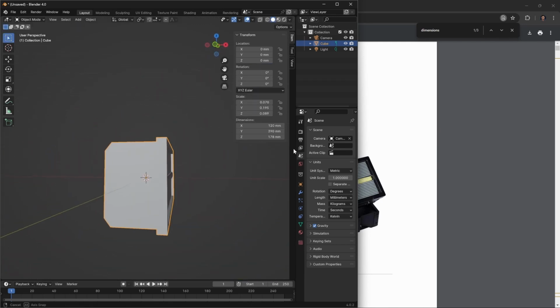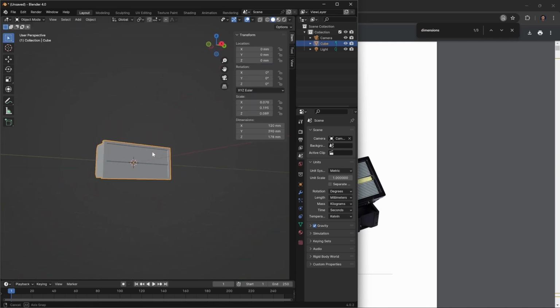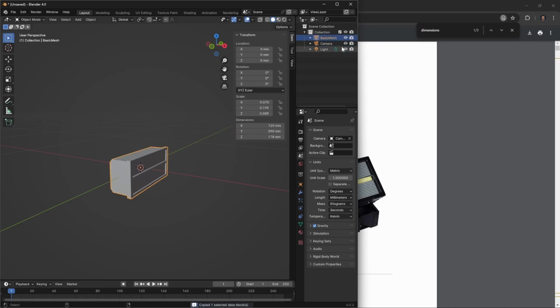That's as many vertices as I'm going to want to give this mesh. You don't want to make your mesh too complicated. What we're going to do is rename this as basic mesh. We're going to duplicate it,